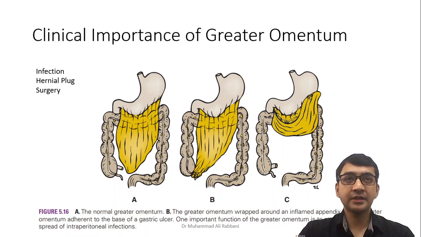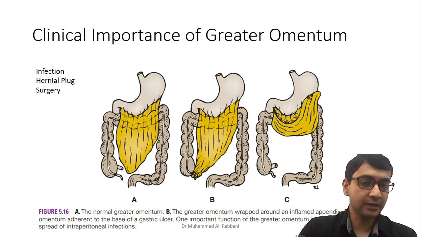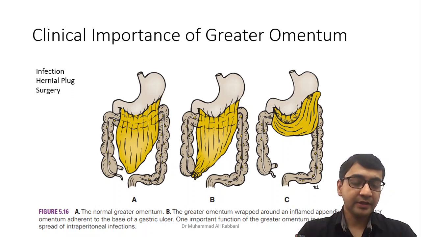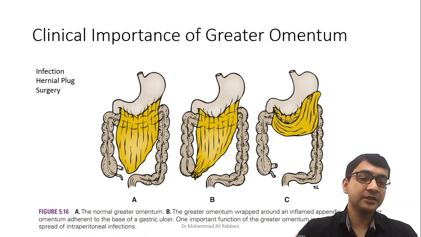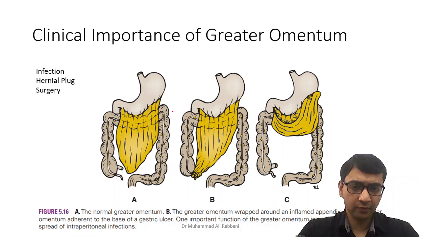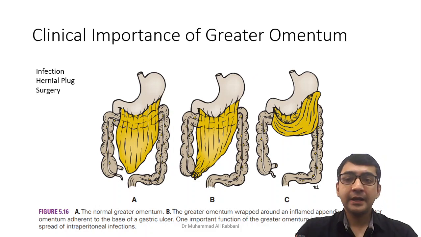For example, a person has an inguinal hernia, has a propensity to get inguinal hernia. He has a very wide deep ring. This apron, it is in front of all intestine. It goes in first and gets stuck itself. When it goes in and gets stuck itself, it seals the opening. It prevents the inguinal hernia from being developed. Same goes for femoral hernia. Another thing is, it is used frequently in surgery.